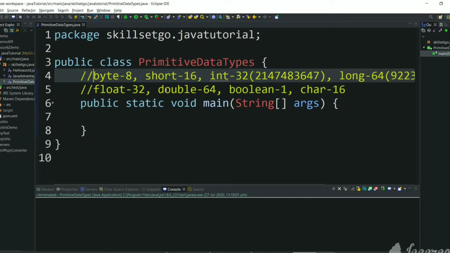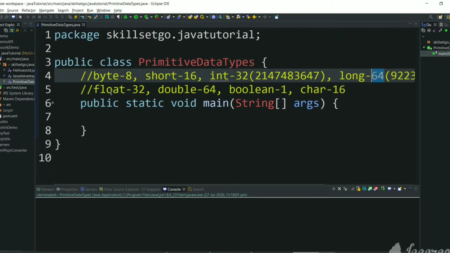The difference between these is that byte can occupy only 8 bits in memory. So if you want to store smaller numbers, you can use the byte data type. If you want to store a little bigger number which can occupy 16 bits, we can use the short data type. And int is for bigger numbers which can occupy 32 bits of memory. For even bigger numbers we can use long, which is 64 bits in size.